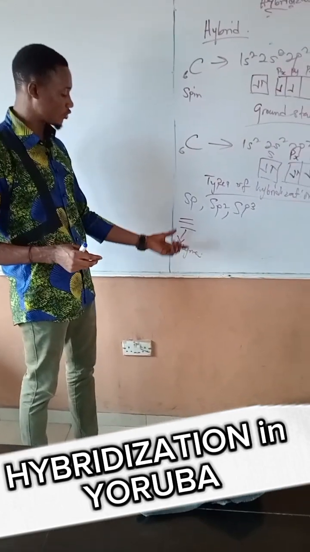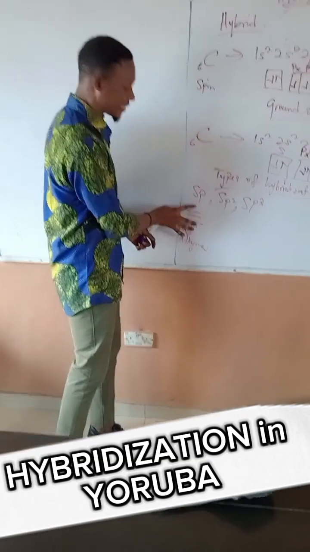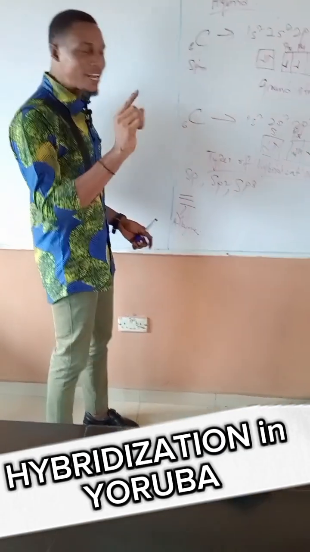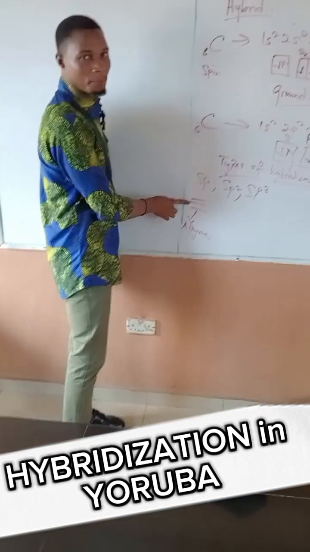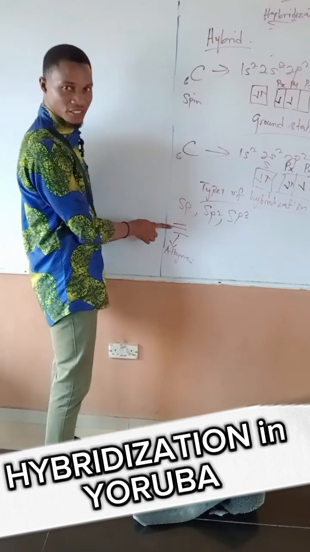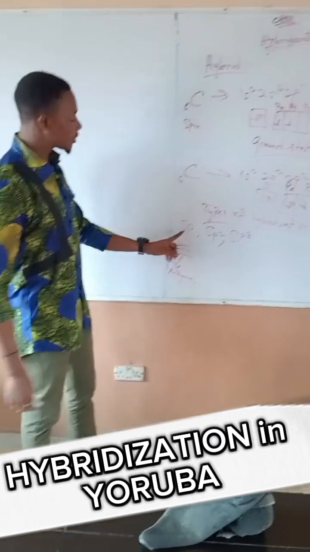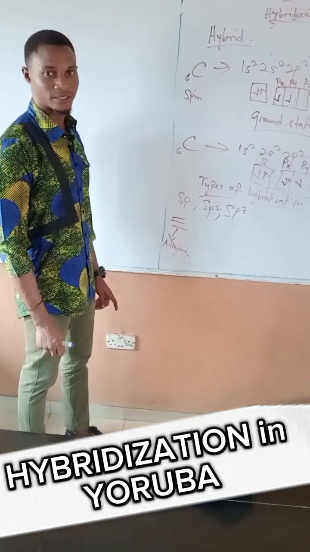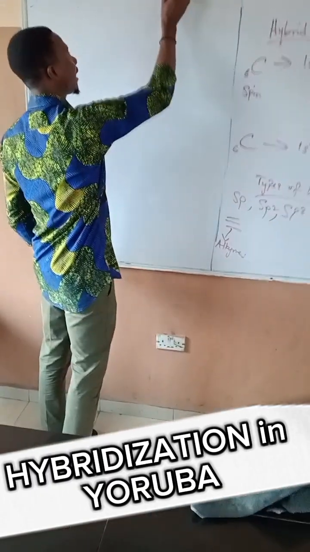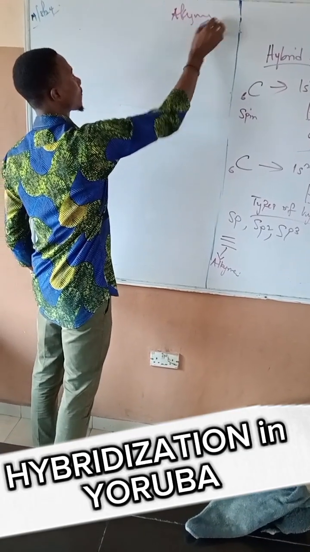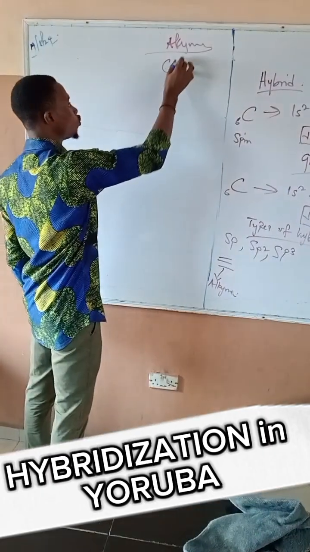Electrovalent, I said electrovalent, covalent bond, sorry, we have it to be covalent bond. One of them, I will tell us. Now, this is a bond, this is a bond, this is a bond, but there are different types of bond actually. So this is an alkyne. In alkyne, we will have sp hybridized. What is the example of that? Let's say for example, alkyne molecule, we can have it to be ethyne, which is C2H2.